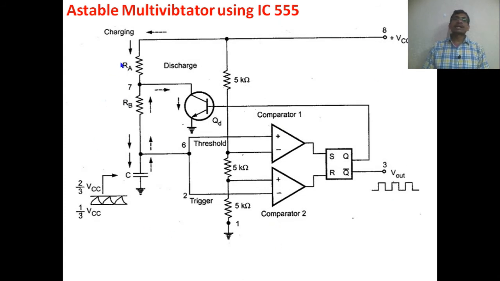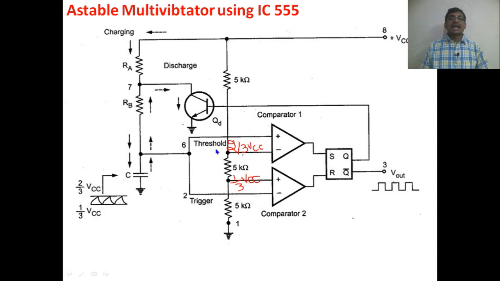This is the block diagram for the astable multivibrator using the IC 555. So here from the VCC to the capacitor we have two resistors RA, RB and C. The junction of RA ending and RB starting is given to the collector of the transistor QD. And then the upper comparator, lower comparator, and the flip flop, where the flip flop Q bar is the output and the Q is the input for the transistor.